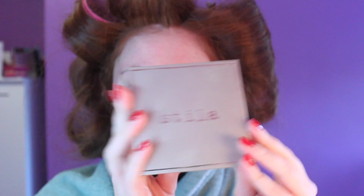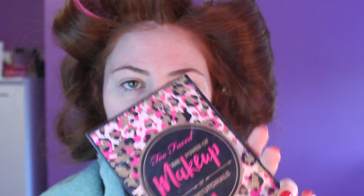I have 2 palettes in front of me. I have the Stilla Eyes Are the Window Shadow Palette in the shade Soul and the Nikki Tutorials Power of Makeup palette. So I'm going to be going into both of these. So starting off, I'm going to take a pencil brush and take the shade Painkiller from the Nikki Tutorials palette,